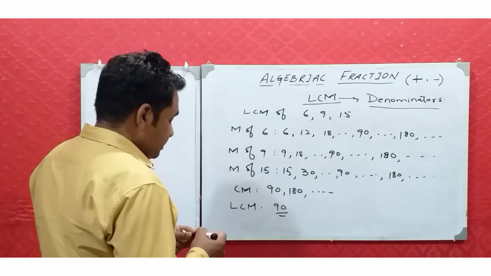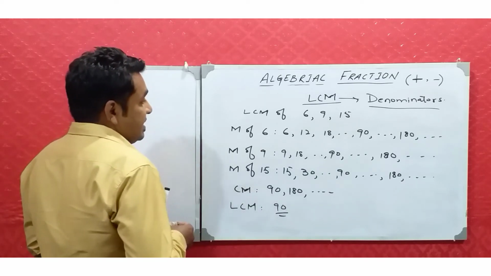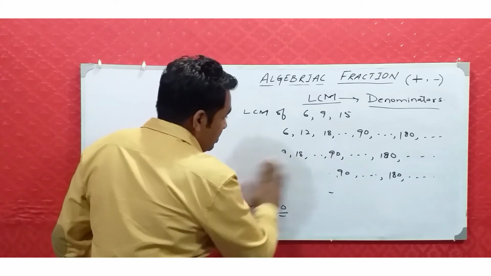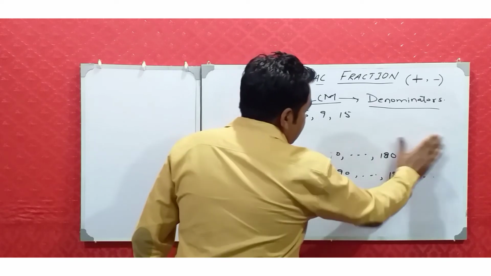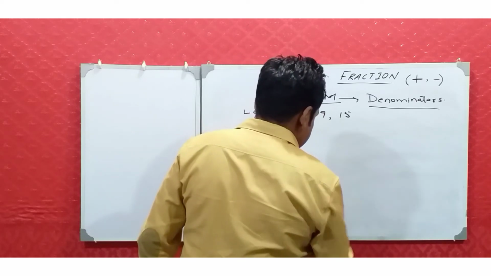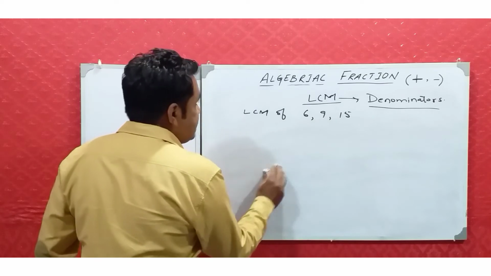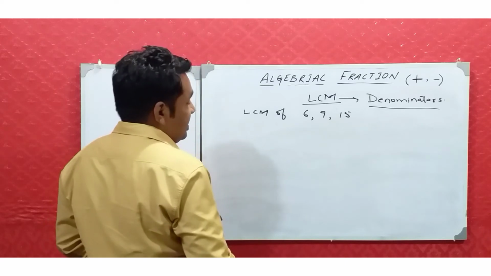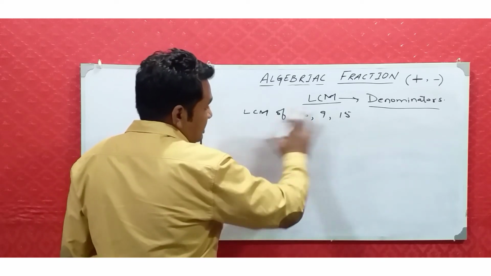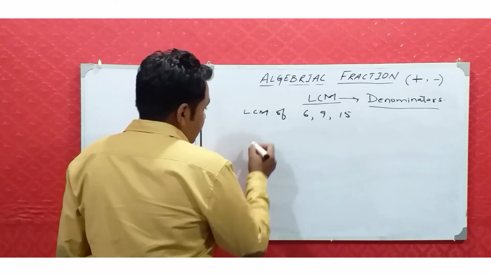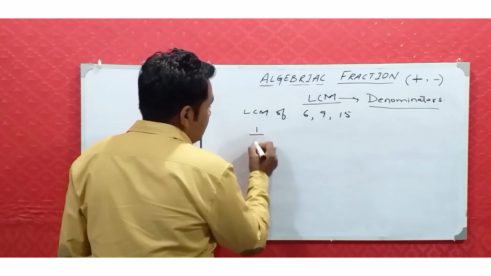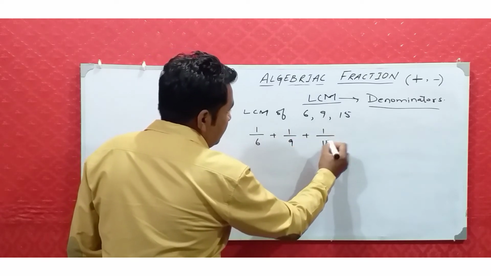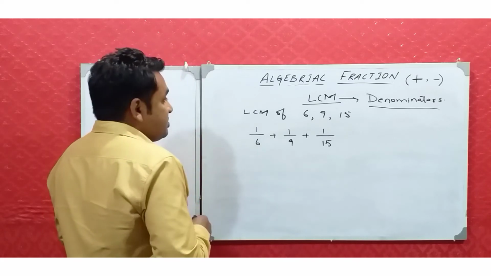I hope it's clear. Now let's convert these numbers into fractions. Now we are moving towards our actual topic, learning about algebraic fractions. In a fraction there is a numerator and a denominator. So let's convert these numbers into fractions. For example, if I write 1 over 6 plus 1 over 9 plus 1 over 15, if we solve this question,